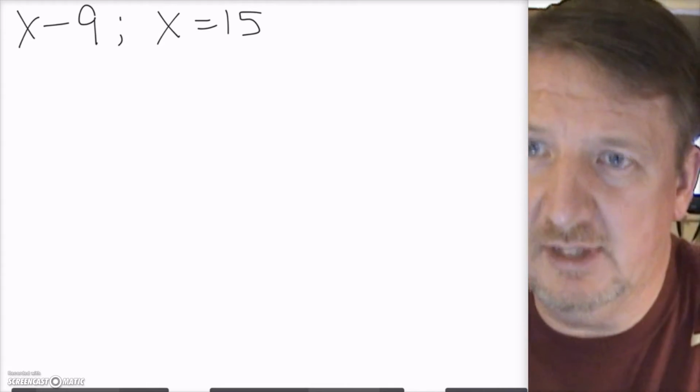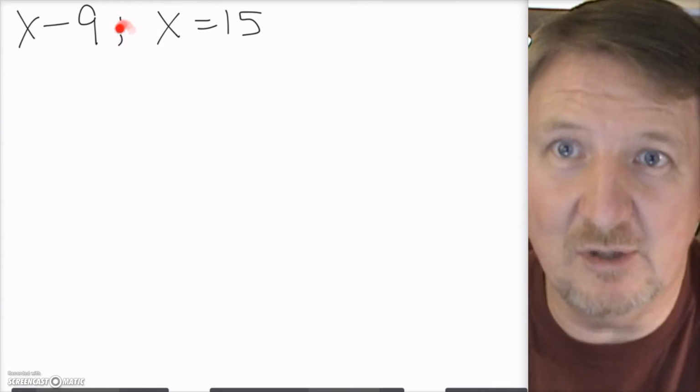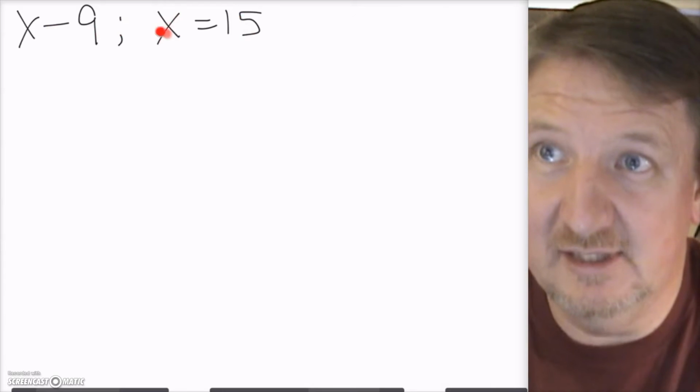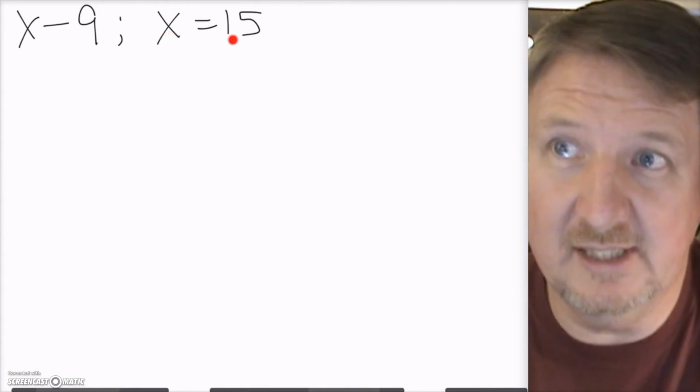So in this example I have x minus 9. This is a semicolon. It's just punctuation. It separates this from this. This tells me that x equals 15. So I have to plug in